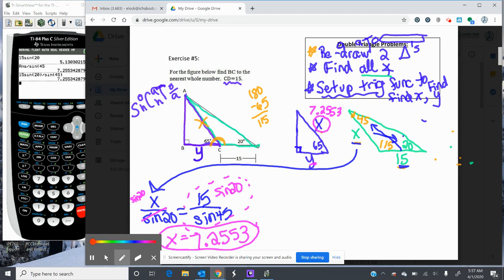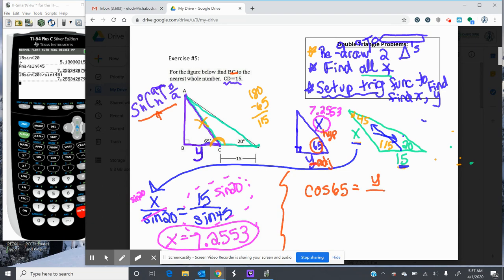So now, looking at the second triangle, we need to set up a new trig function to find y, which is the measure BC that they're asking us for. So to find y here, we now have a right triangle, so we're going to think SOHCAHTOA. We have its adjacent side of the 65-degree angle. We have the adjacent, and x is the hypotenuse. So adjacent over hypotenuse is our cosine function. Here we're going to have cos 65 equals the adjacent side, y, over our